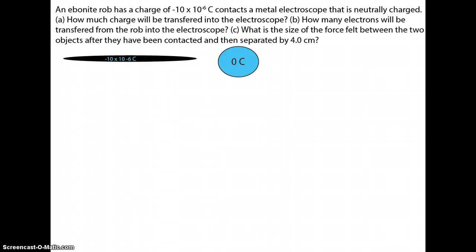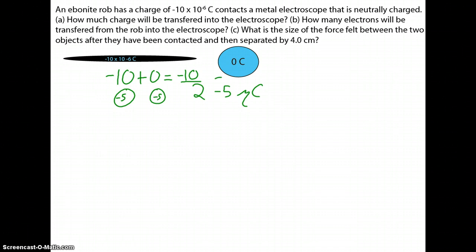So, these two are just going to touch each other. And when you have two objects like this, you're just going to add them together. Negative 10 plus 0 is obviously negative 10. But now they're both going to have a charge. So you take that and you divide it by 2, which is negative 5. So they each have a negative 5 microcharge. So the answer is negative 5